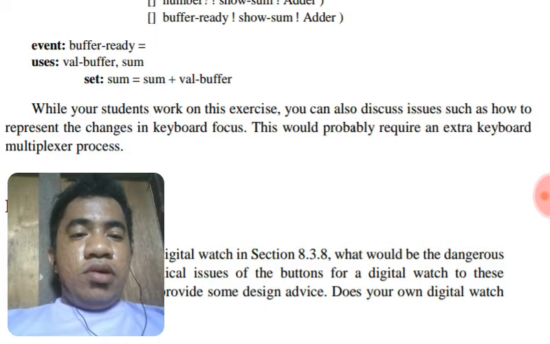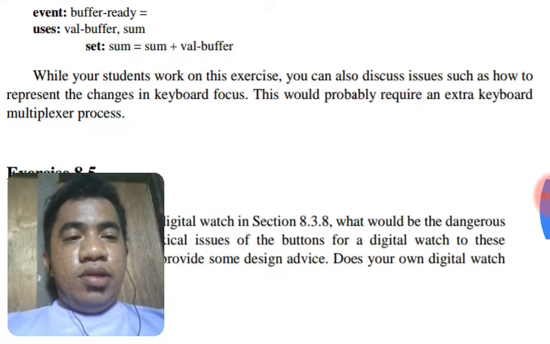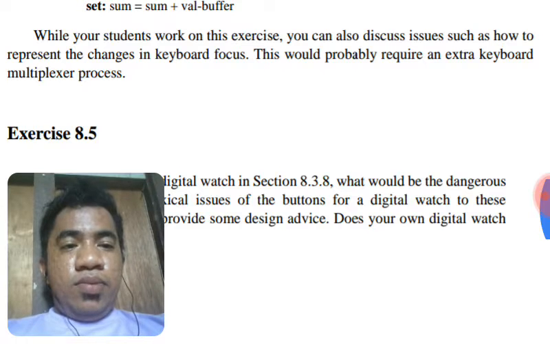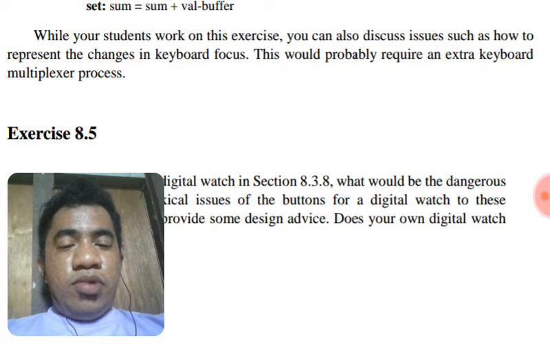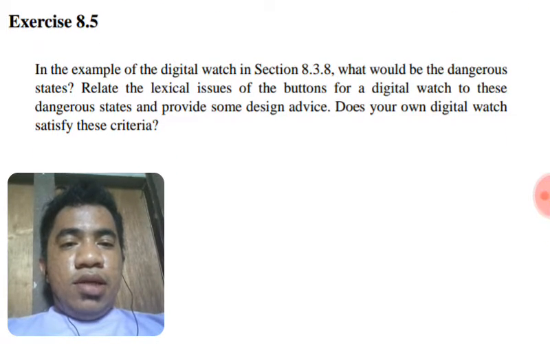While students work on this exercise, you can also discuss issues such as how to represent the change in the key focus. This will probably require an extra keyboard modifier process. Exercise